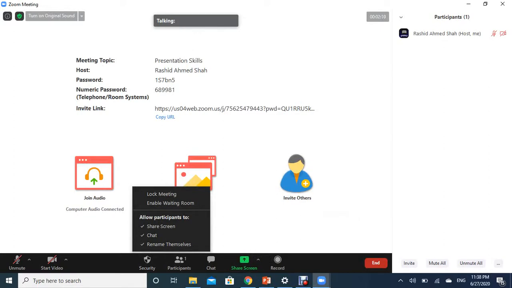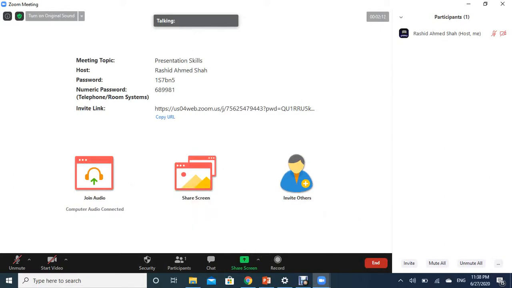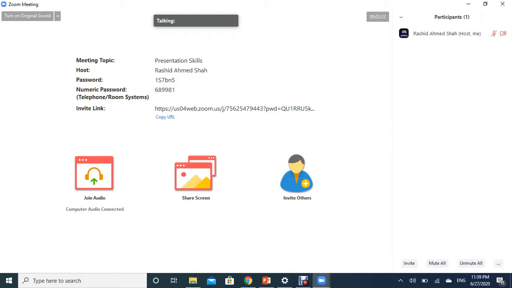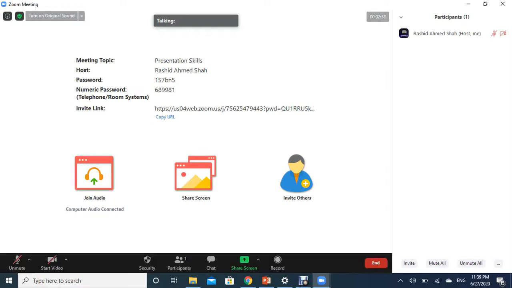Nobody else can record the Zoom meeting except you, because you are the host. The host has the authority and can control things from here. There are many other options once you have started it. So this is the very simple way you can access Zoom cloud, and it is very beneficial especially for students, teachers, and faculty. They can use it very easily and take the benefits from it.